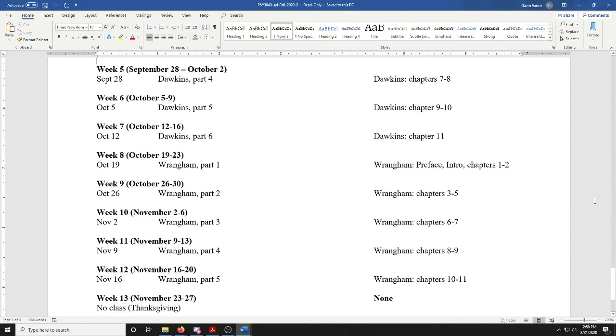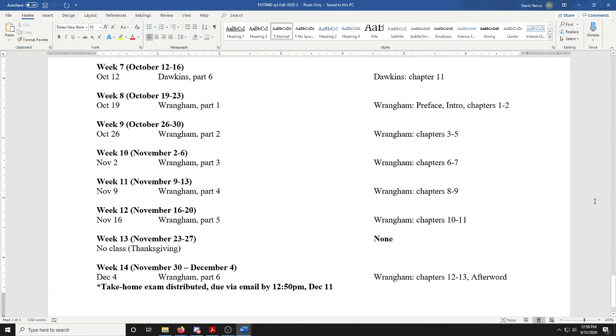Then the second half of the class, we apply this evolutionary thinking, we apply these ideas to humans and other primates. And there we will read a book called The Goodness Paradox by the evolutionary biologist, evolutionary psychologist, evolutionary scientist, Richard Wrangham. The subtitle of this book is The Strange Relationship Between Virtue and Violence in Human Evolution. So there is a focus on humans, but you'll see that it's very well informed by research on non-human primates, which is Wrangham's primary area of work.